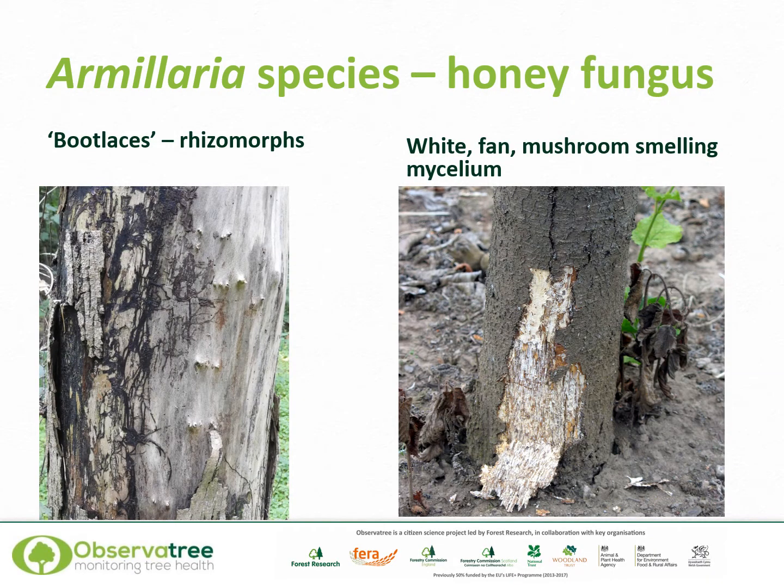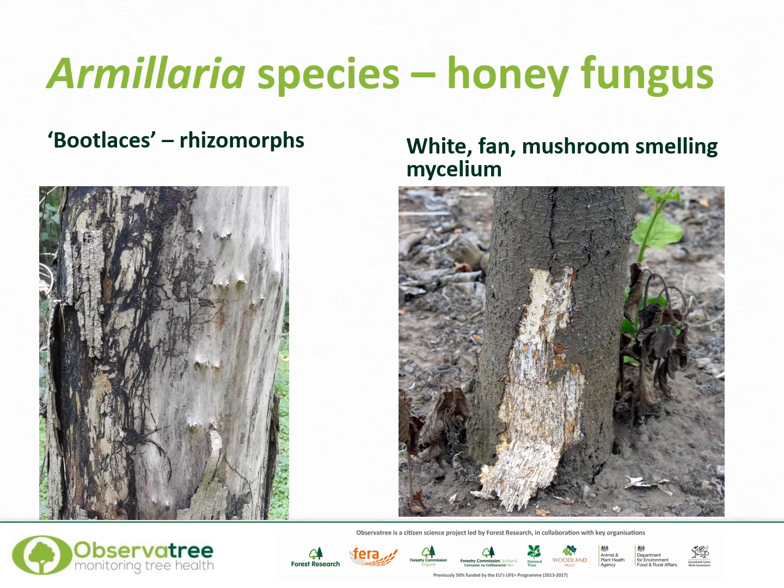So in this slide we're seeing two very good diagnostic features of honey fungus caused by Armillaria. On the left hand side we're seeing the rhizomorphs, which are commonly called bootlaces. These are fine black strands of fungal mycelium that grow beneath the bark. On the right hand side you will see the creamy white, mushroom-smelling, fan-like mycelium that grows underneath the bark. These are two key diagnostic features for honey fungus, and you would not expect to see these with other organisms